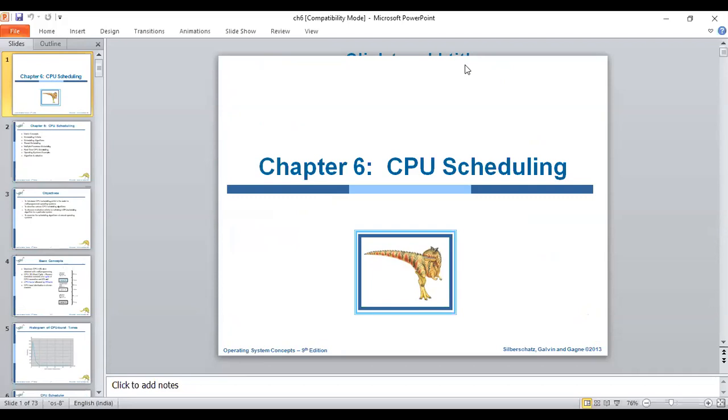Every algorithm has its own merits and demerits depending upon the requirement of the user. The OS will decide which scheduling algorithm is going to be applied, and you have to achieve maximum throughput, maximum CPU utilization, and minimum average waiting time, minimum turnaround time, minimum response time. All factors should be the minimum.